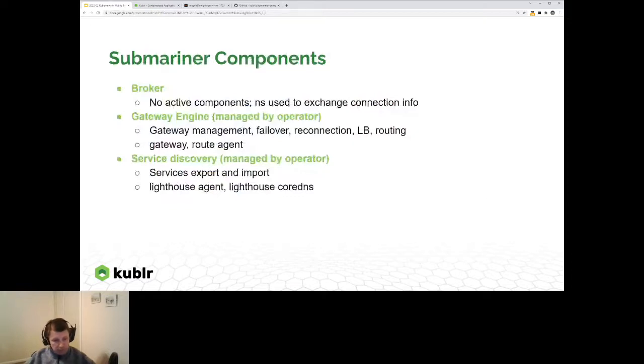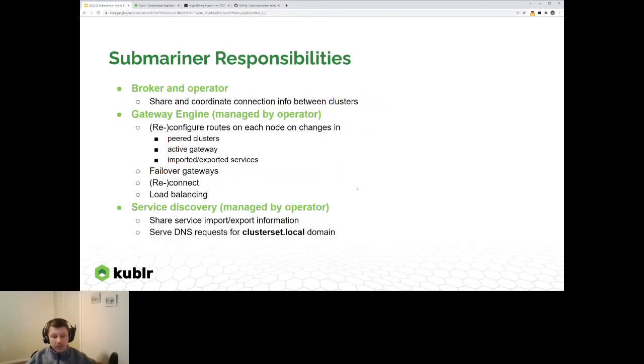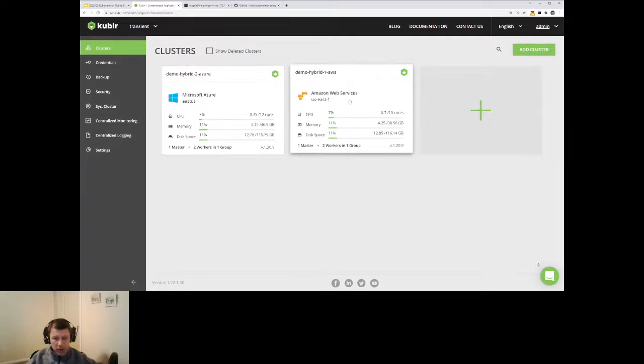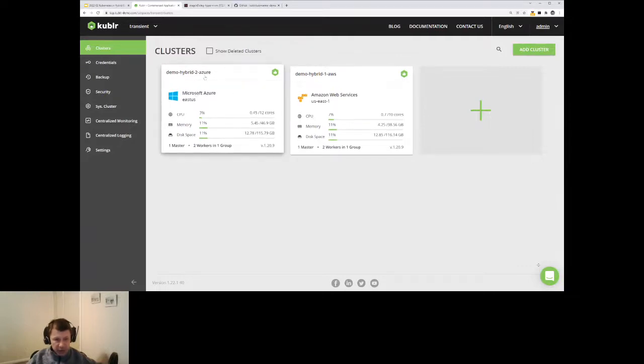So I already talked through Submariner components, and essentially this is a formal list of responsibilities that Submariner takes on. Now let me switch to the demo. So what I did, I used our Kubler demo environment to deploy two Kubernetes clusters, one in Azure,